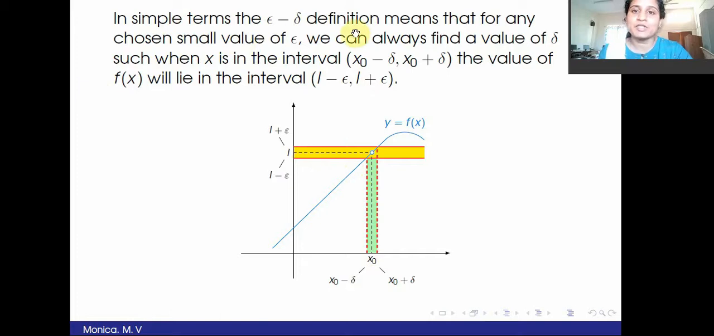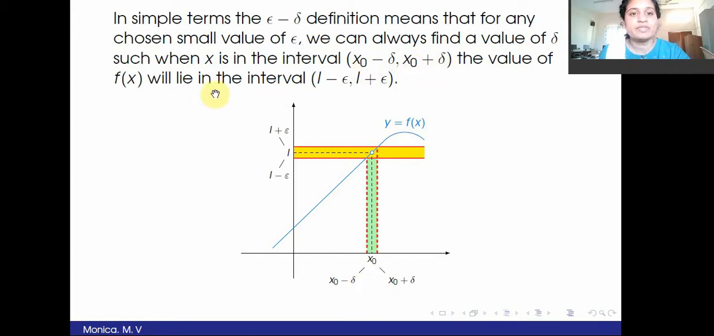In simple terms, the epsilon delta definition means that for any chosen small value of epsilon, we can always find a value of delta such that when x is in the interval x naught minus delta, x naught plus delta. This is exactly what we have written, modulus of x naught minus x will be less than delta. Whenever the distance between x and x naught is less than delta,